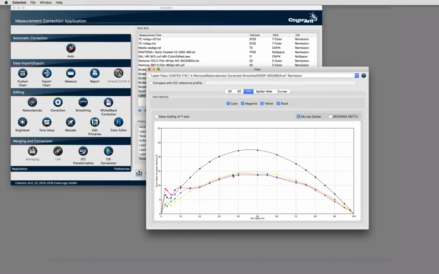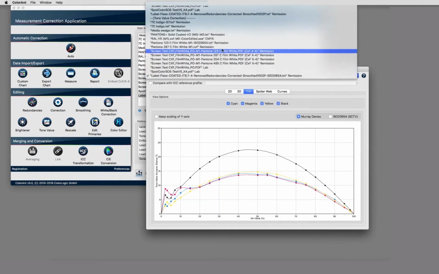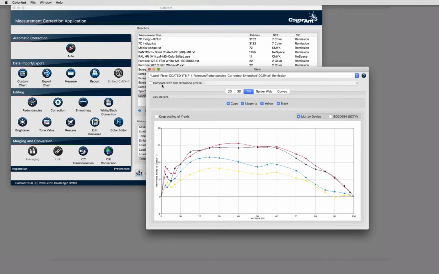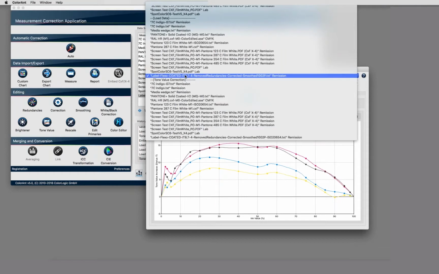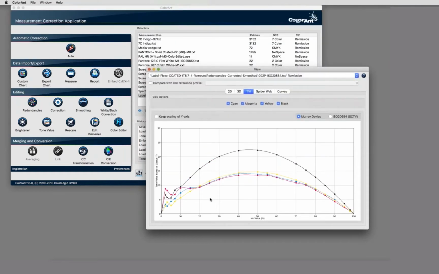One word of caution anyway, tone value corrections make only sense if you print according to those changes later on. So it makes no sense, like in my example here, where I had some data like this one, and I apply now a tone value correction and change my data, even if the data looks very nice now and very smooth. If my print doesn't work like this, then this is a bad correction, obviously. So I just want to keep that in mind, because sometimes people keep on asking when to use the tone